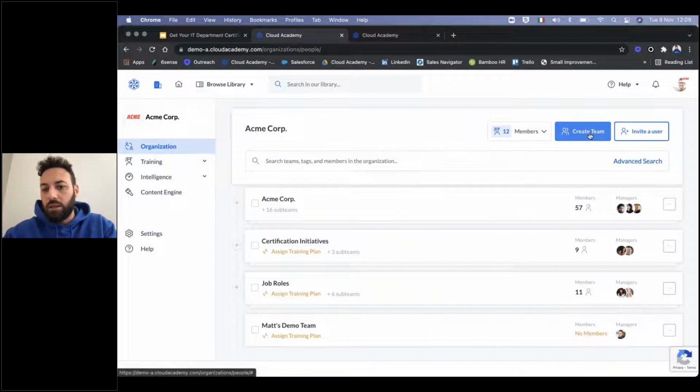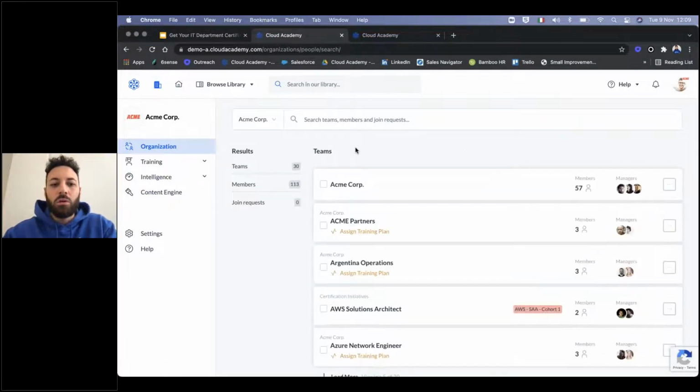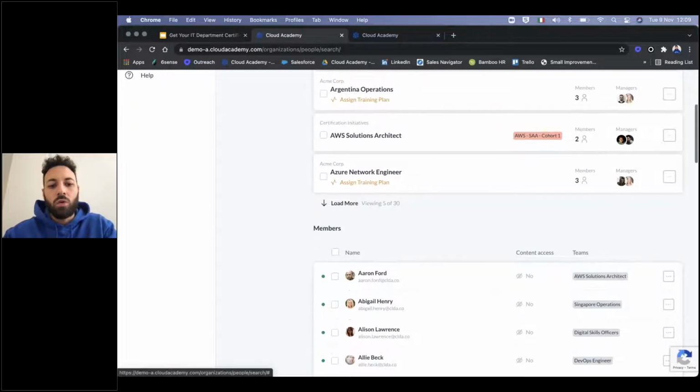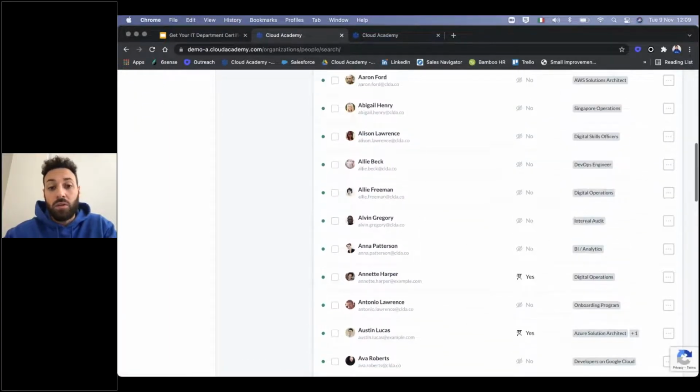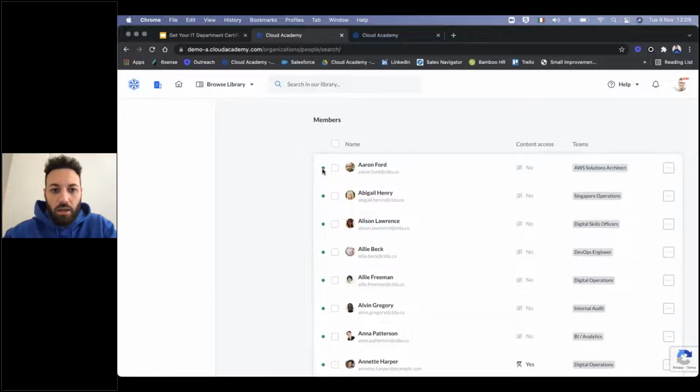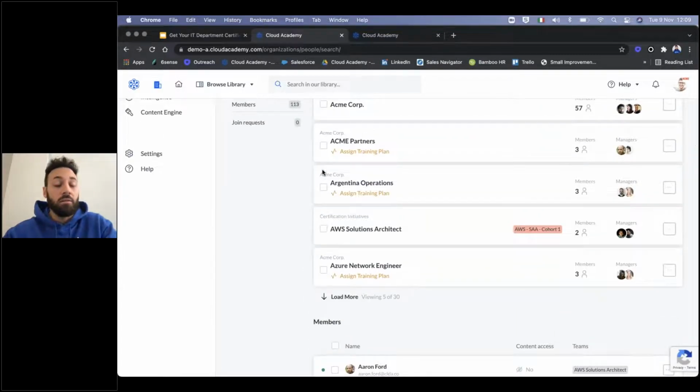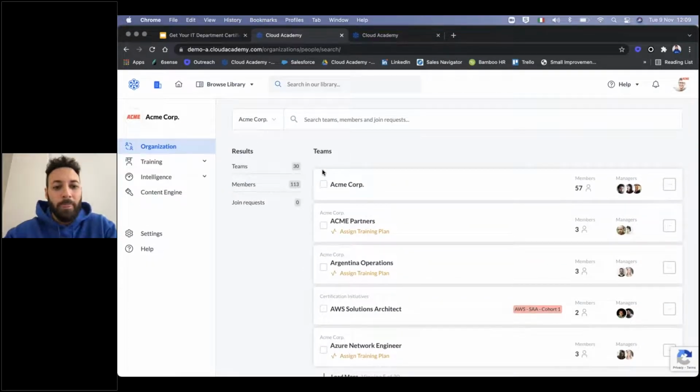Here you can create a team or invite a new user. And here, for example, on the advanced search, it is very simple to take a look not only at the team, but also at all the people, all the users that you have internally in your organization. Here, if you have a green light, it means that the people are just using the platform. If you see here a yellow light, maybe they received an invitation, but they are pending their confirmation. So maybe you need to speak with them and take a look if they received the right invitation.